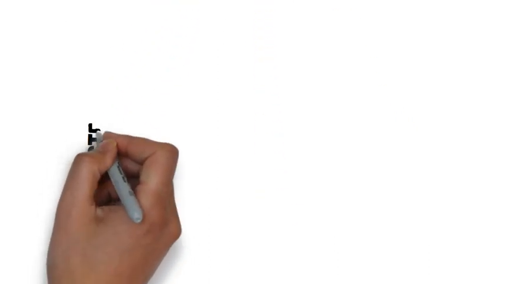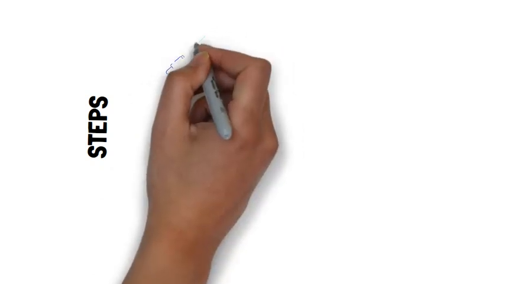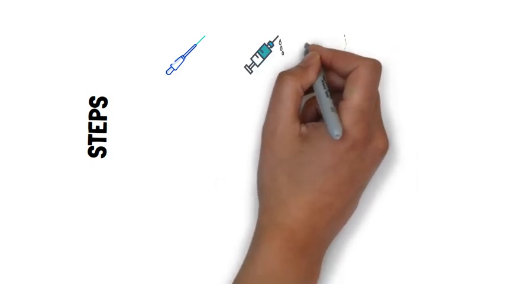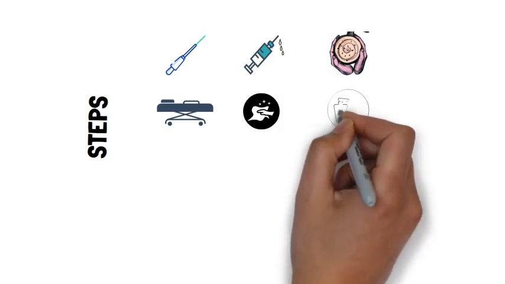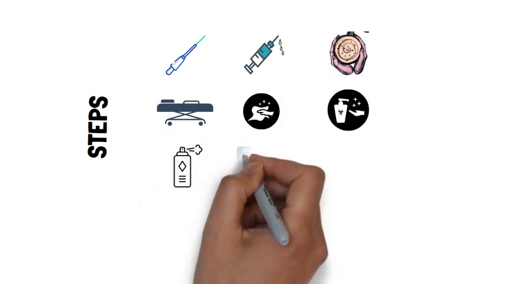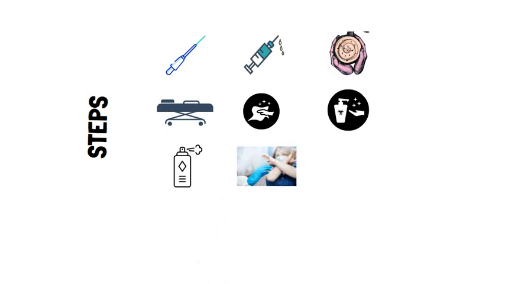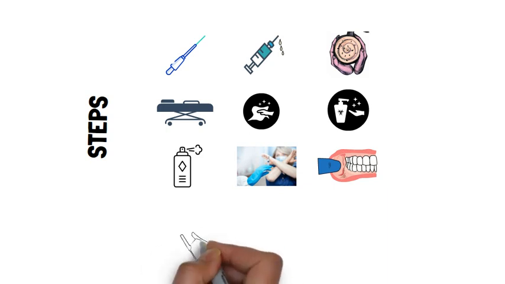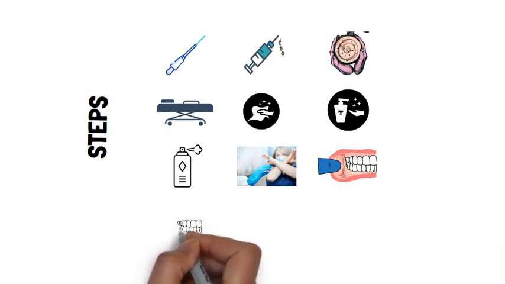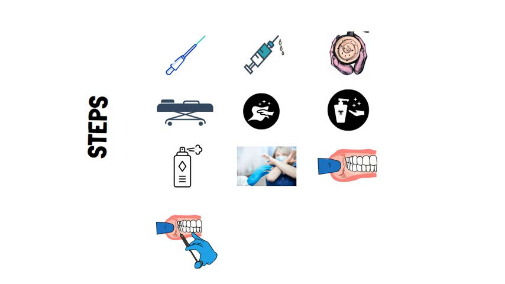The general steps of the Vazirani-Akinosi mandibular block are the same as the inferior alveolar nerve block and the Gow-Gates mandibular nerve block. Starting with the sterile needle, checking the flow of the needle, warming the cartridge, positioning the patient, drying the tissue, and applying topical antiseptic and anesthetic, keeping the syringe out of the sight of the patient, and retracting the tissue with one hand while establishing a firm hand rest for the other hand, we will insert the needle.